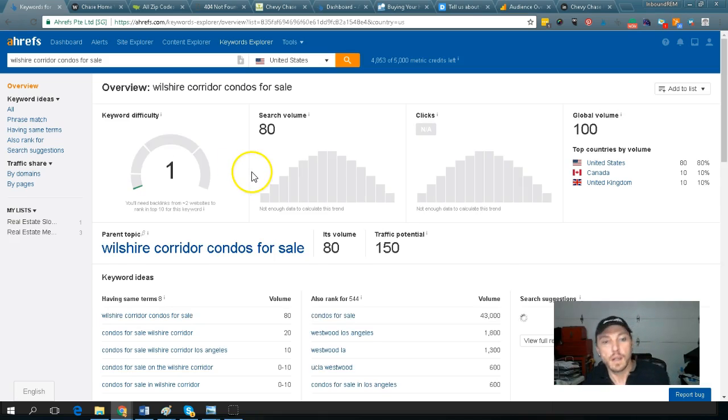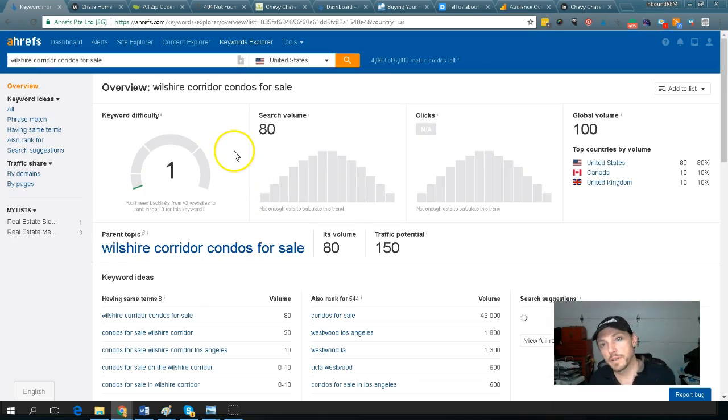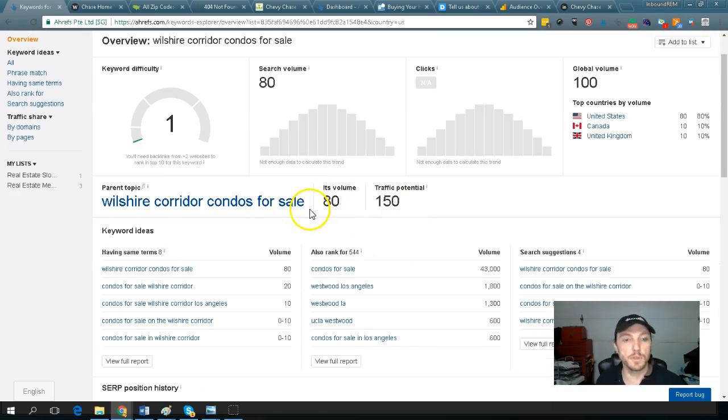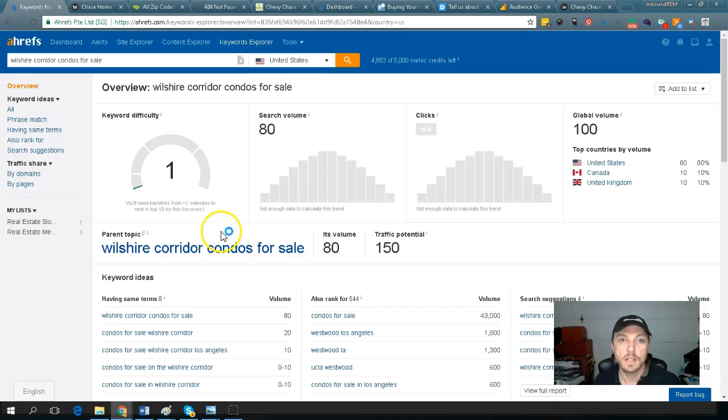Okay. And why is this relevant? Because if you know this area, the Wilshire Corridor doesn't have a condominium that's for sale on it for any less than a few million. So this is a luxury real estate search. It's perfectly viable. There are 80 to 150 people doing the search. That's the people that live here in the city. And everything on this corridor, there is no such thing as low end on the real estate. And the same thing goes for the Sunset Strip.